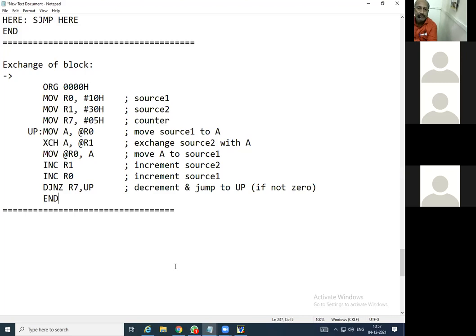So this is the memory related experiment we have covered, by making the transfer of block and exchange of block. The next one today we are going to focus on is the use of timer for introducing delay.